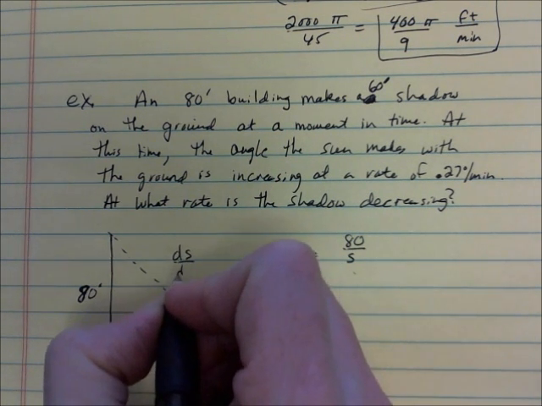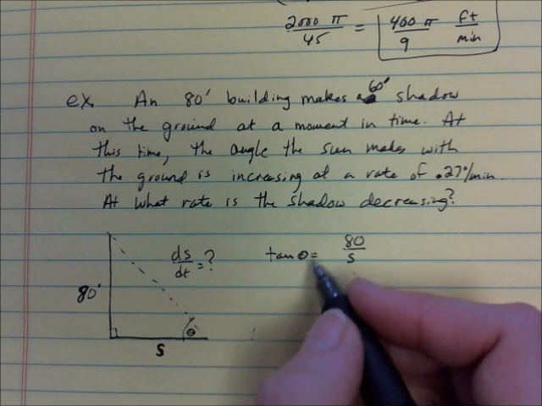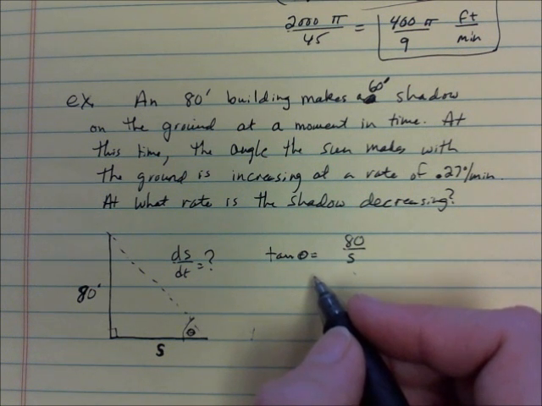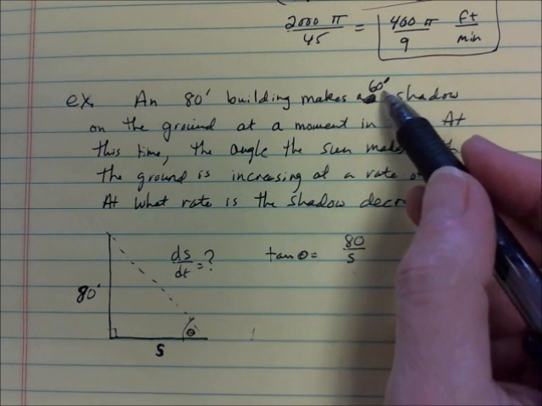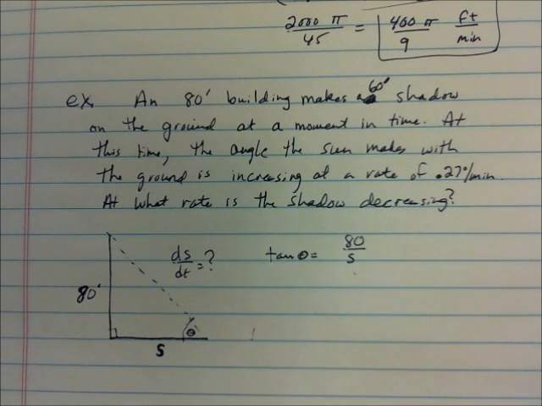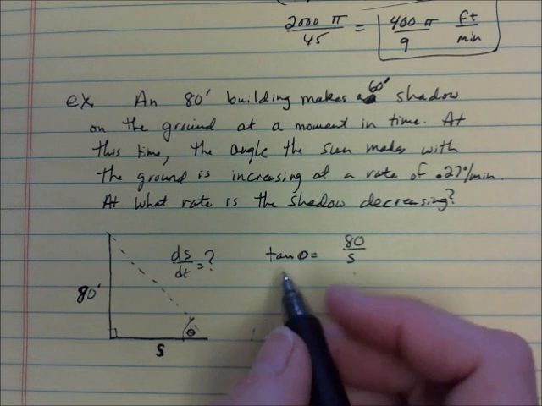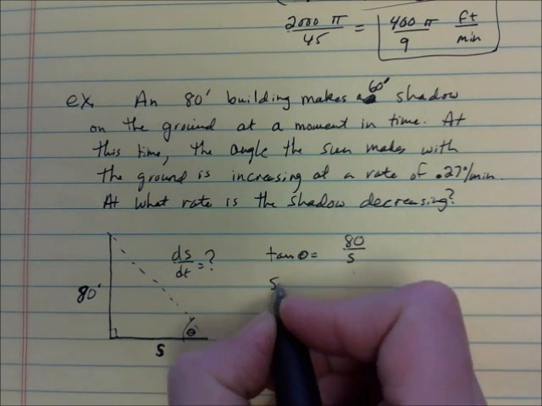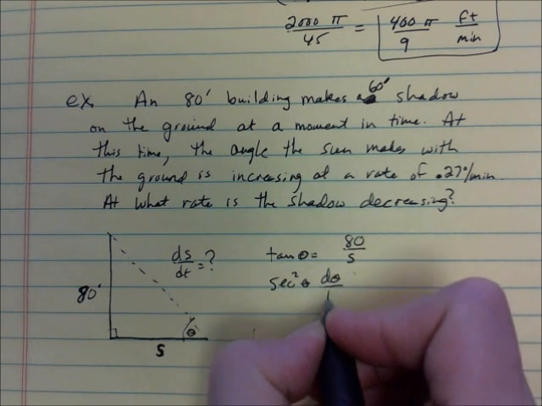So ds/dt is who knows what. And now we can take the derivative of this with respect to time, and after that we'll plug in the two pieces of information that are given to us, the 60 feet shadow and the 0.7 dθ/dt. So the derivative of the tangent is secant squared. So we have secant squared of theta, dθ/dt,